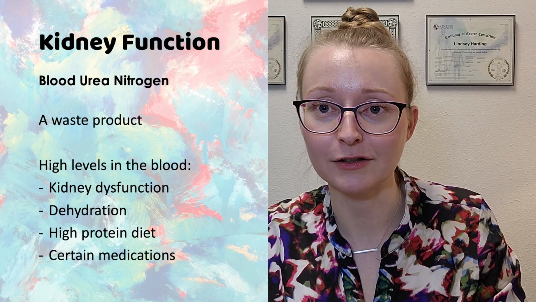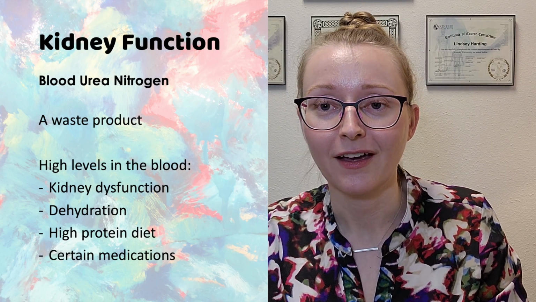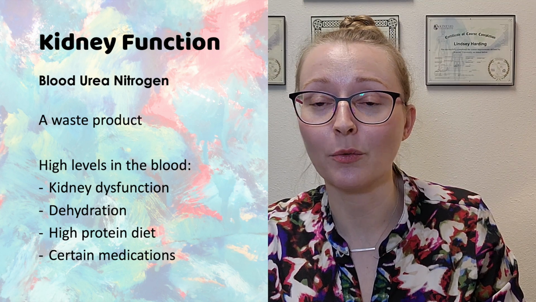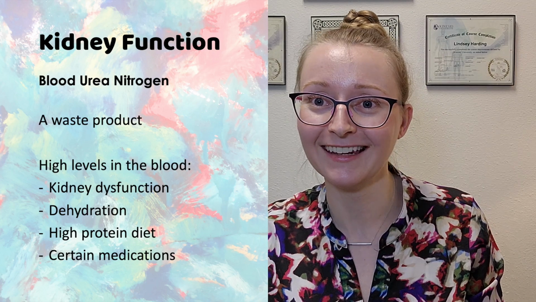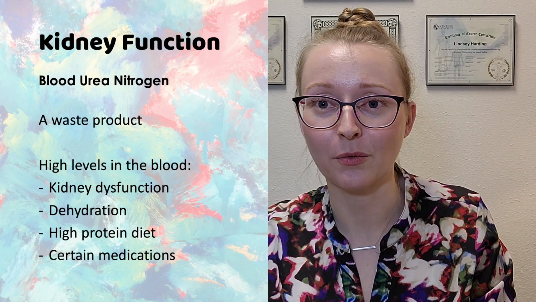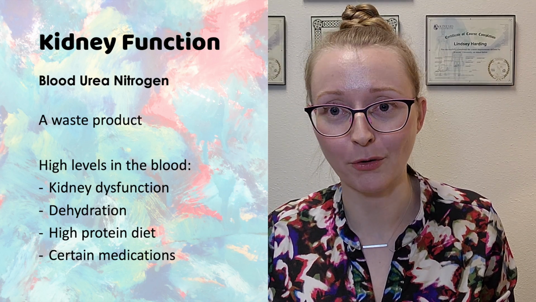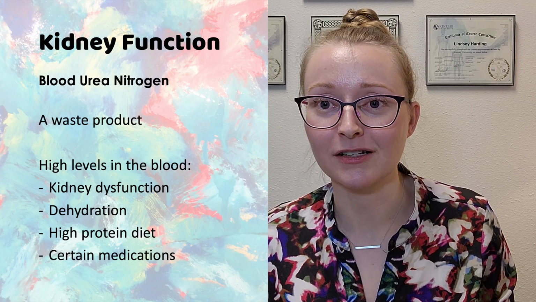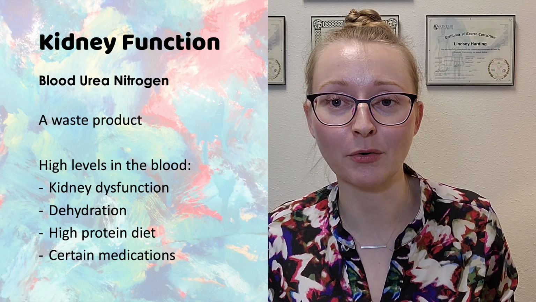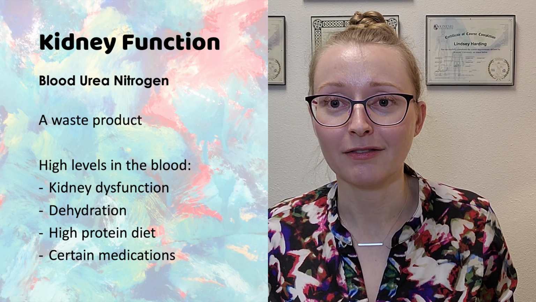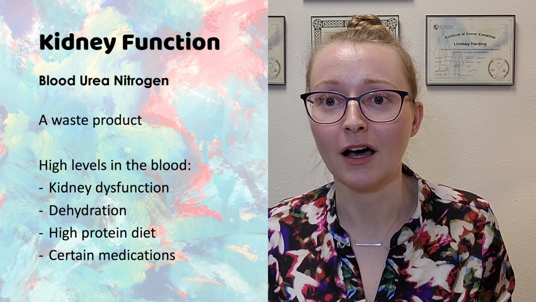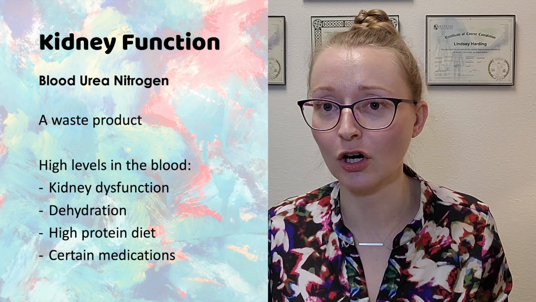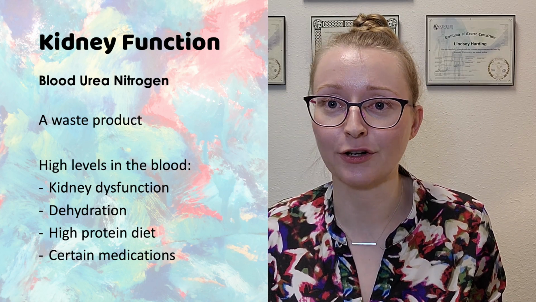So BUN stands for blood urea nitrogen. And this is essentially a waste product. So urea nitrogen is a waste product found in the blood. So it's right in the name. And this forms when the liver is breaking down protein. Ammonia is a byproduct from the breakdown of protein, and ammonia contains nitrogen. That nitrogen is going to combine with other things, such as hydrogen, carbon, whatnot, and it's going to form a